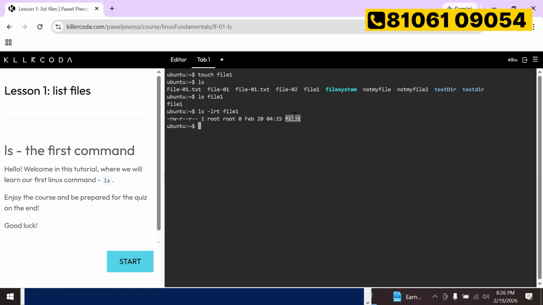This file has a name, file 1. It has an owner, root, and a group owner, root. It has the timestamp of when it was created, the size, the permissions, and different attributes. That is very useful when you want to search, and when you want to give permissions, that is very important.